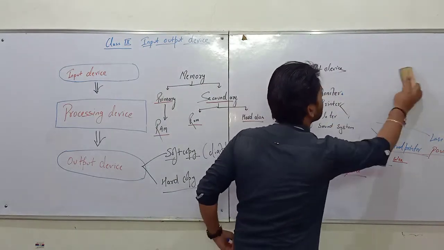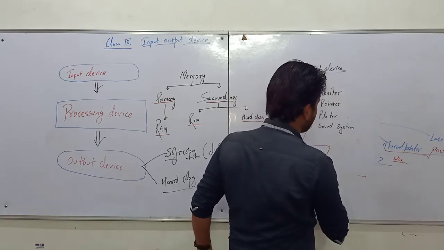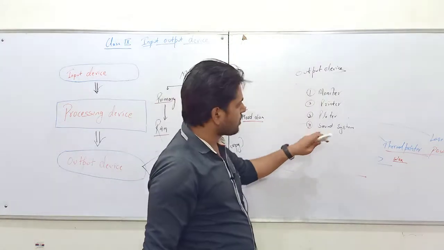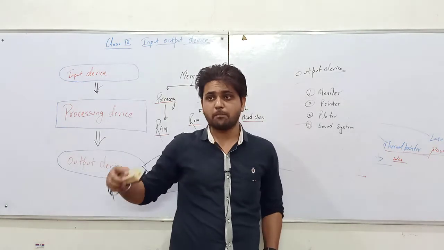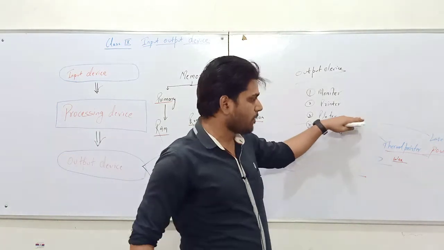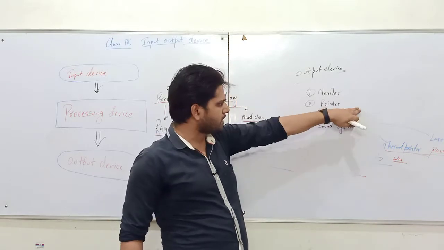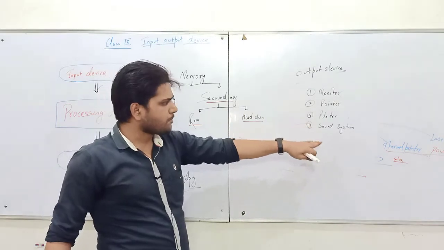Talking about plotters, they are actually big-size printers. The technique of plotters is not different from printers. The same three types of plotters are found, so I am not going to explain because they are the same as printers. They are larger in size. If you are going to print a chart, banner, flexes, then we need plotters. For printing a small page like A4, A5, we use printers, and for printing a large banner or posters, we use plotters.